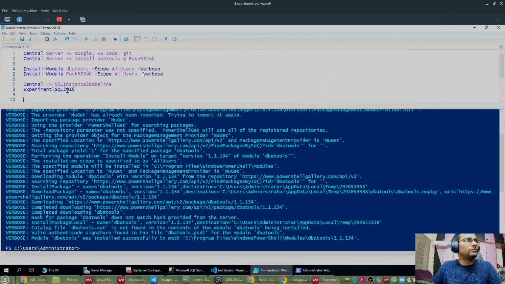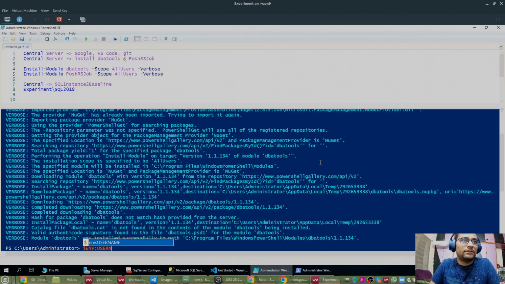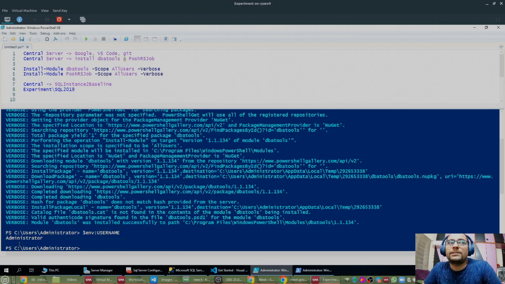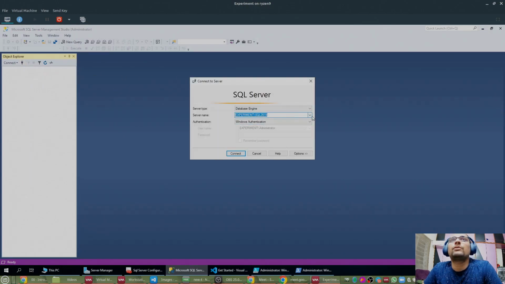So I don't need to do too much. I can verify the account under which I am running this PowerShell script. I am running the PowerShell script under the local administrator account. So I want to validate that that administrator account is successfully able to connect to the instance which